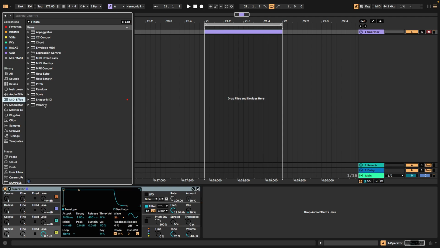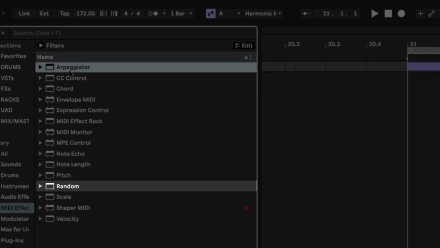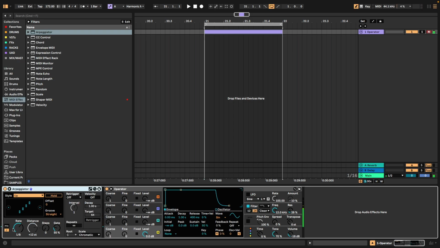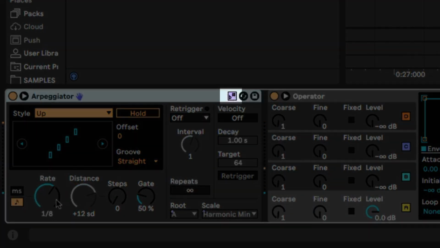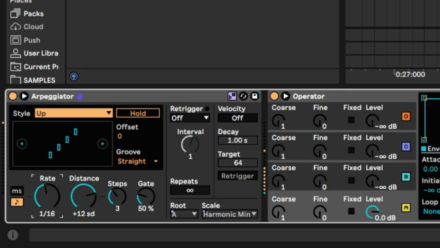And this function also benefits some MIDI effect devices, such as the arpeggiator, the chord, and the random devices. Pressing this little icon at the top of every device will match the scale that you selected before.